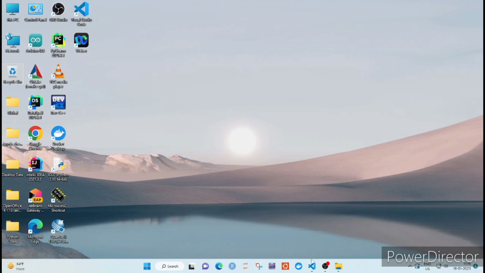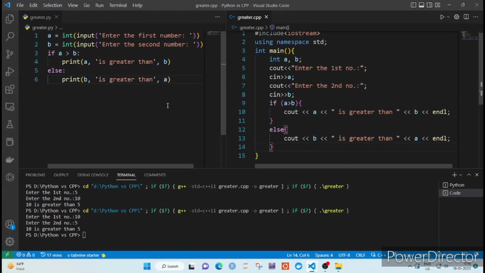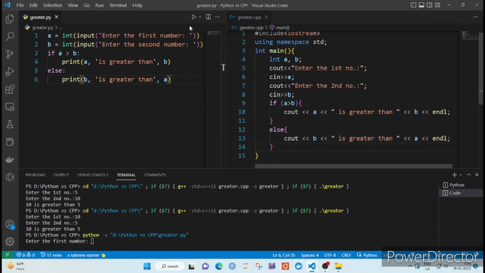In the previous lecture we learned how to check which number is greater among two numbers. This was the program in Python and in C++. Now today we are going to add one more example in this, and let's run it and check what happens